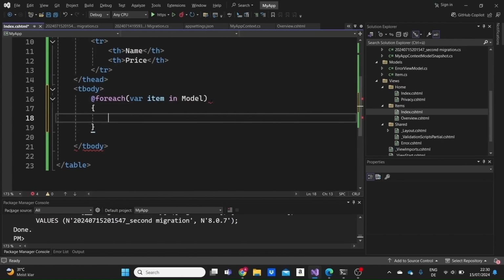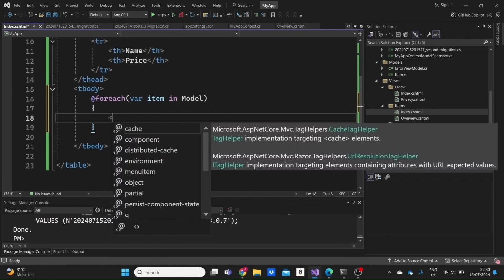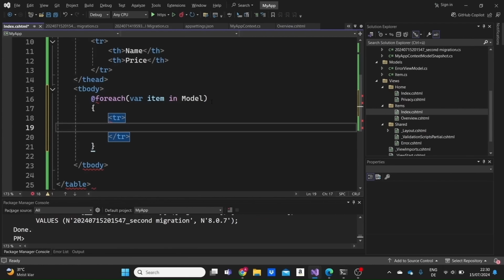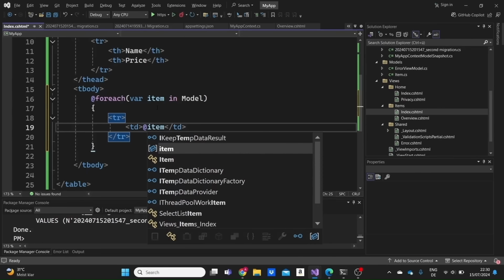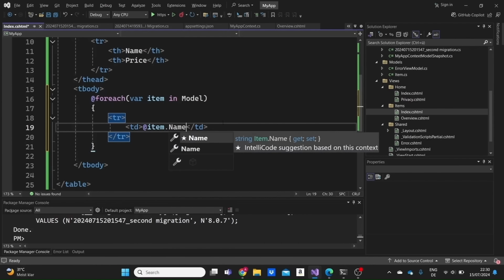And down below, inside a single table row, we will display, by using the table data tags, the name of each item by writing @item, which is the name of the variable we specify here, and another table data